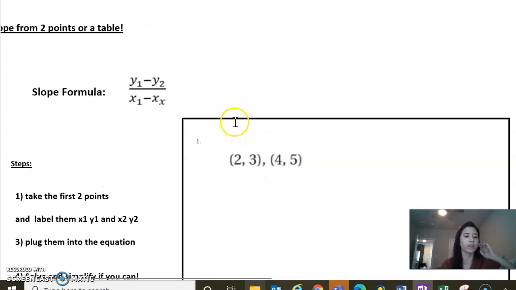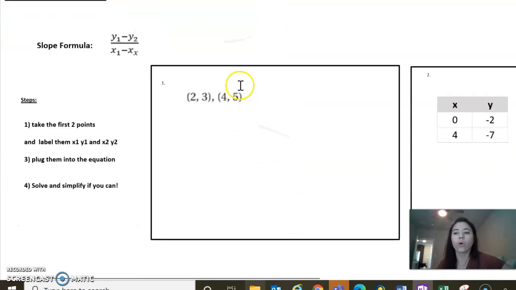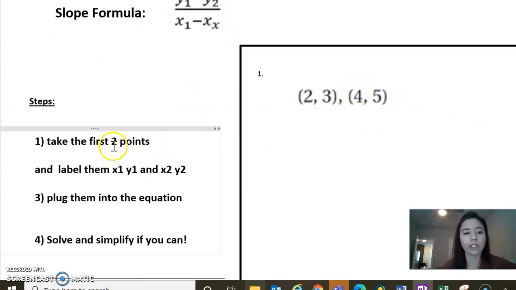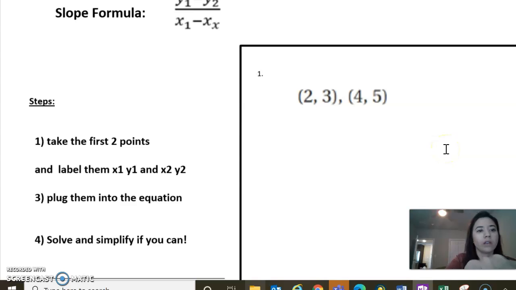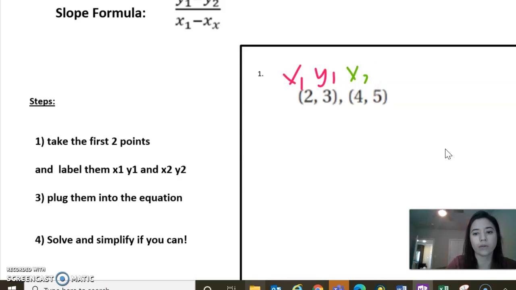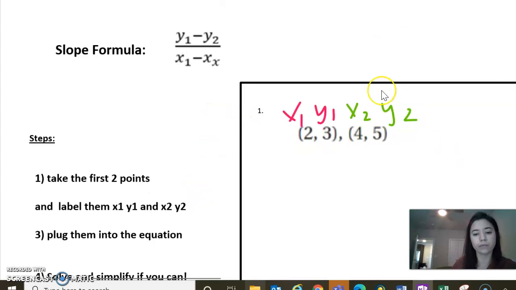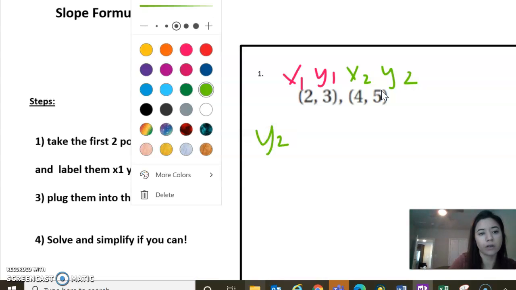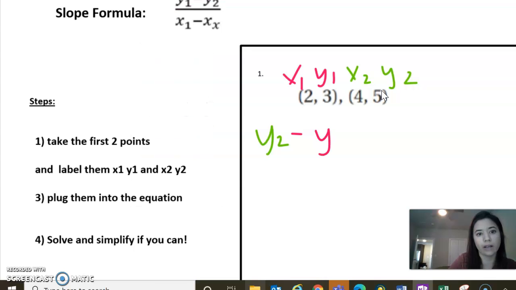So, slope formula. If I give you 2 points or 2 ordered pairs or a table, you need to be able to find the slope. How can we do that? We're going to take our first 2 points and label them as x1, y1, and x2, y2. Remember, ordered pairs are x comma y, so I'm going to make this x1 and y1 since that's my first ordered pair. And then I'm going to make this one x2 and y2. I've labeled them, and now I'm going to plug them into the equation. So my equation is y2 minus y1